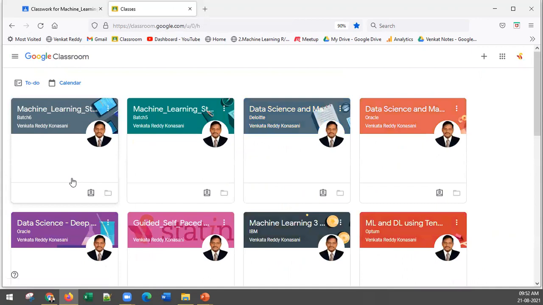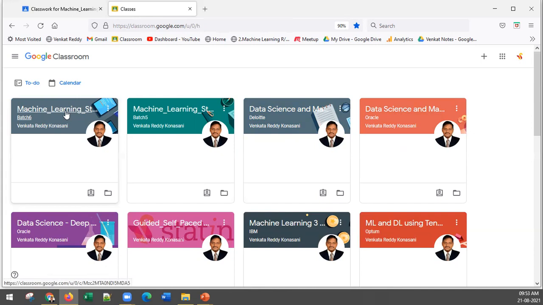But I don't see the batch 6 one. So for me, different batches, it will show Deloitte, Oracle, Optum, etc. For you, batch 6, this one will be shown. Can you see that? Yes, sir. Chandra Prakash, you were able to see this? Batch 6? No, I see one which was uploaded on 2020 October. I see only that. No, there is a folder of basic statistics. Okay. I'm able to see.